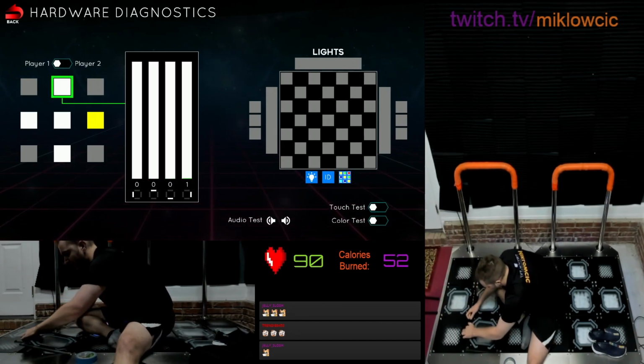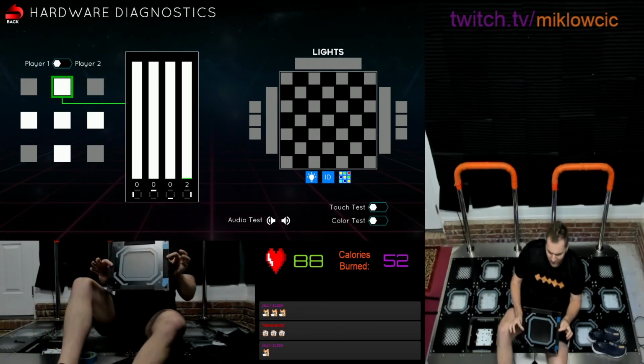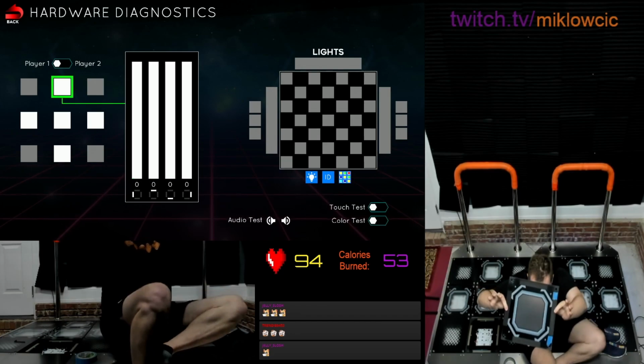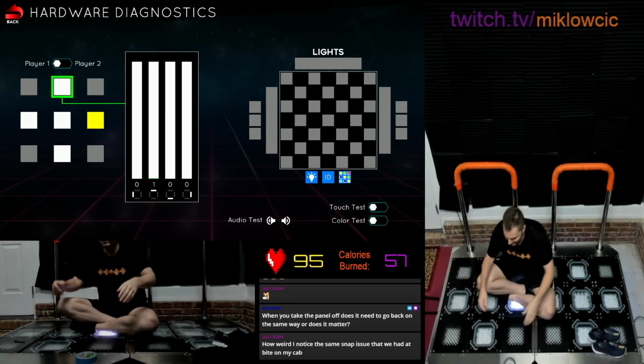So you want to keep the orientation of your panel the same when you put it back on later. So just lay your panel to the side with the same orientation. Then you can literally take your finger, press on each sensor, and make sure that the bars are lighting up. If a sensor seems undersensitive to you when you're pressing on it with your finger, it may need to be